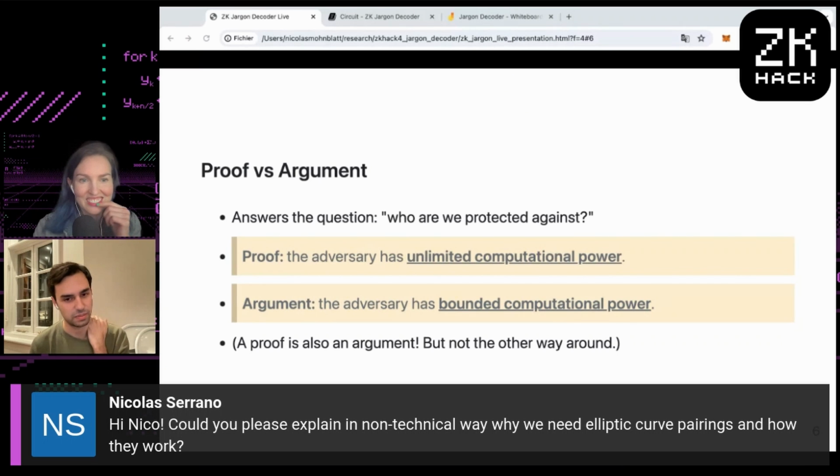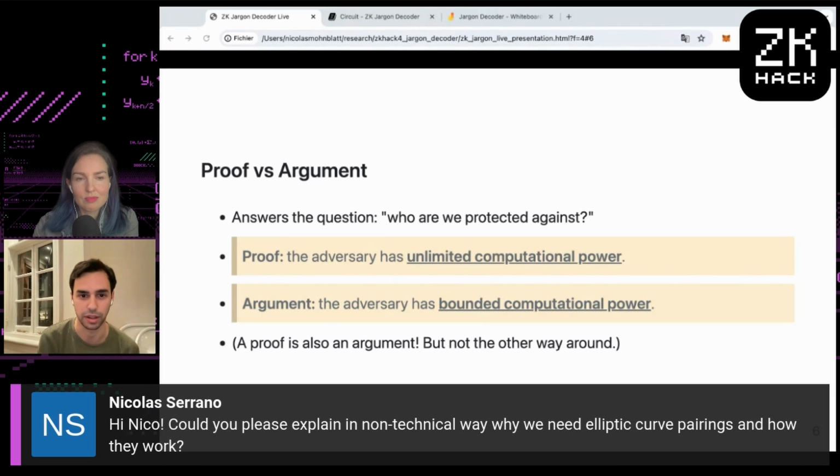Yeah. So I'll give you the why we need them. The how they work is going to be a bit harder. So in the first place, we use elliptic curves because we have this thing called the discrete logarithm problem. I take a point on a curve. It's like you draw a circle and you take a point on the circle. Here it's not a circle, it's just this big elliptic curve. And we've designed a rule that if I have 2 points, I can add them together and get a third point. Great. I can add as many times as I want, and I'll just cycle around the curve.